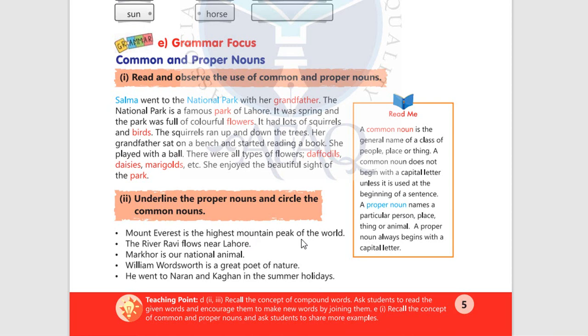Mount Everest is the highest mountain peak of the world. Mount Everest is a proper noun. Mountain peak, world, all common nouns. Okay, so do this by yourselves, attempt this in your notebooks, and if you've got any problems, any queries, any questions regarding this exercise,